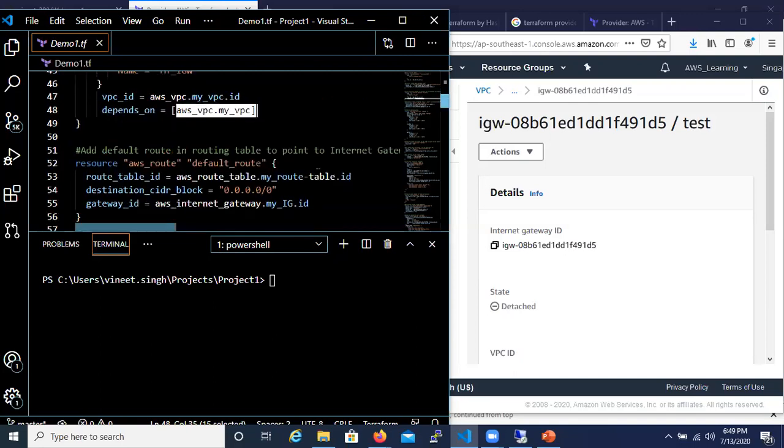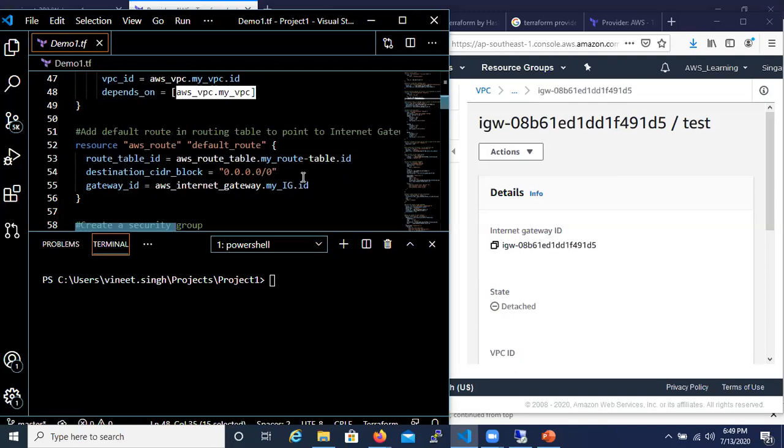Now, whenever we create a route table, and after we have defined our internet gateway, we have to make sure that we also define or add a default route in our routing table, which will be pointing to my internet gateway. So in here, this defines my route table ID. And how do I know the route table ID? Again, the same part. The trick is exactly the same in the way that you write this code. And destination CIDR block is for which destination? For any destination, I need it to forward to the gateway. So gateway ID is this ID.